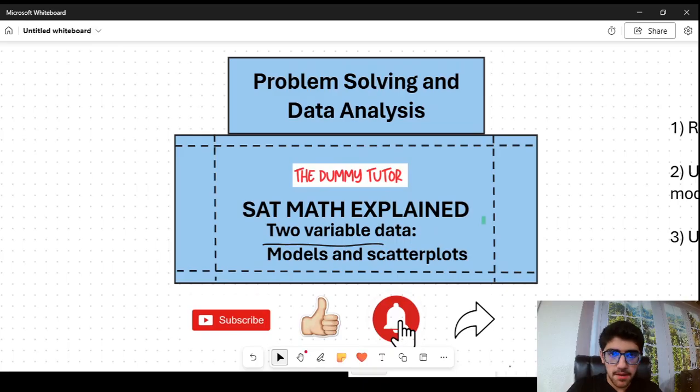Today our topic will be about two variable data models and scatterplots, and that is within the problem solving and